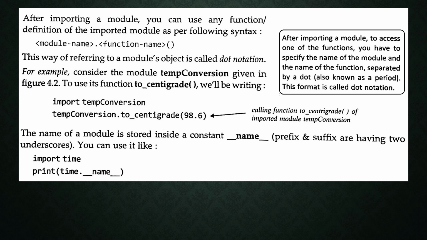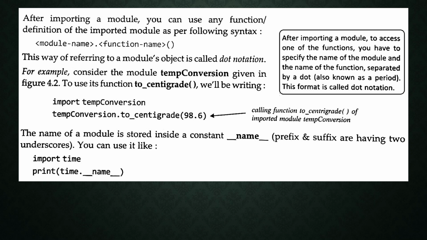Next we studied the purpose of the help command used along with the module name. Help, and then within parentheses we use the module name. So that will display the name of that particular module, and the purpose of the module, or caption. According to our program, that is to convert functions between Fahrenheit to centigrade. And it will display the file name, which means the module name with the .py extension.